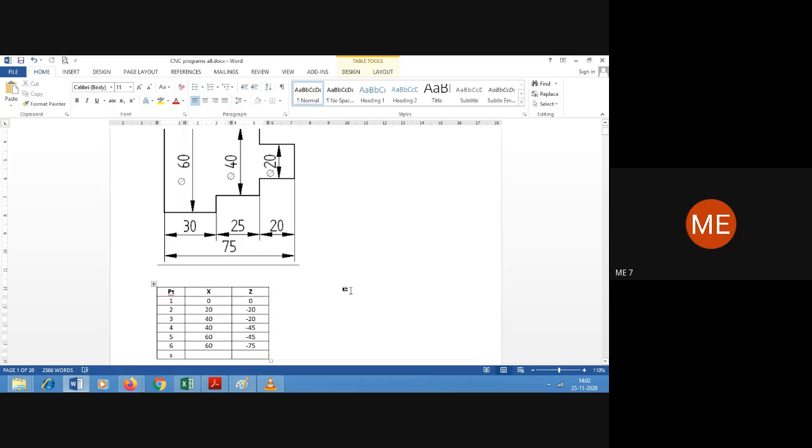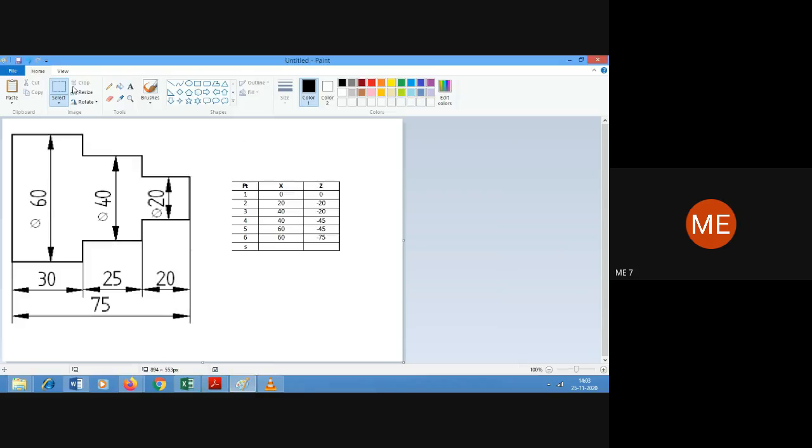Before going to that, we need the coordinates for this once again, because without coordinates we cannot draw it in the software. The first point over here is point number 1, which will be 0, comma 0.